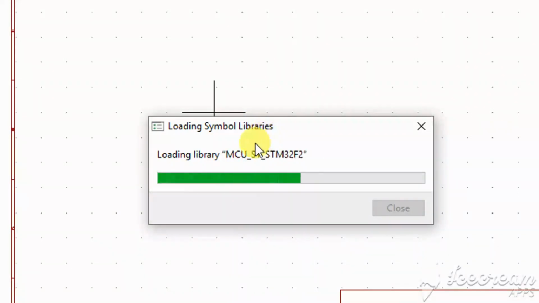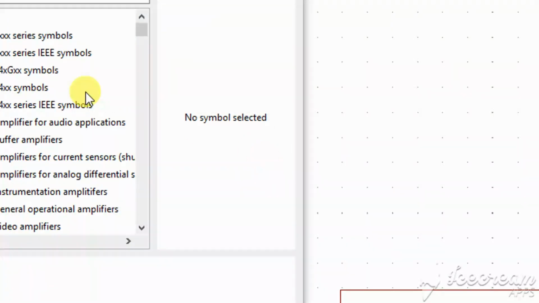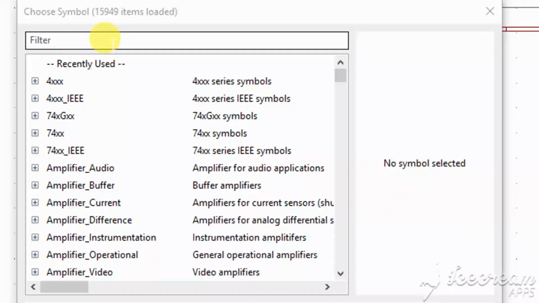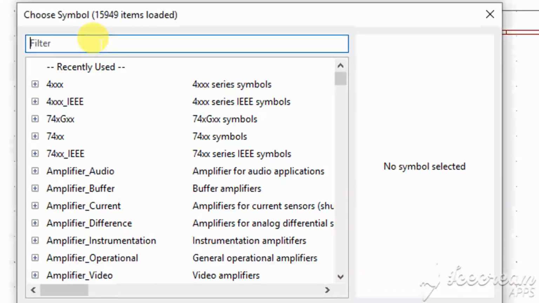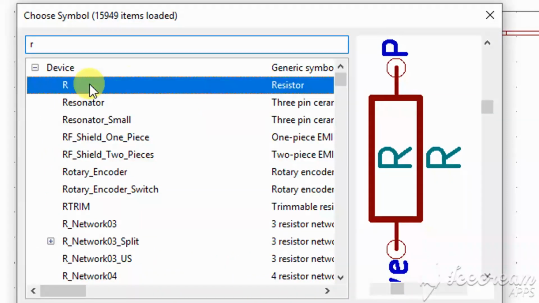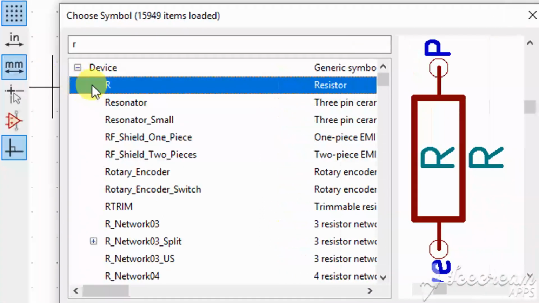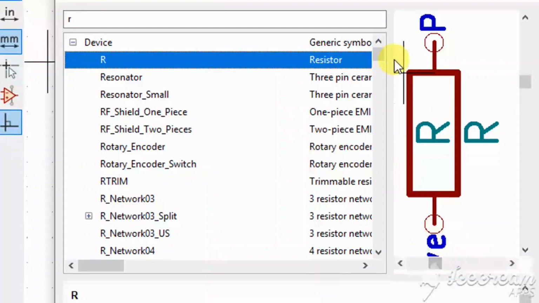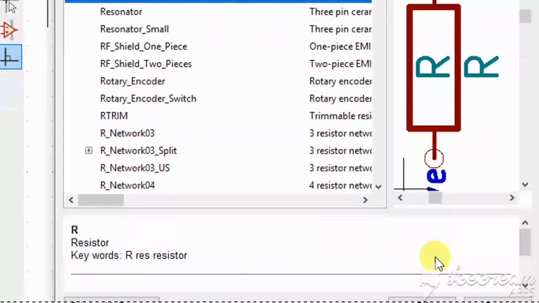It automatically loads the libraries. I am creating one simple LED board. First I search for resistor. Type R. The first one showing is the resistor. Click this resistor symbol and click OK.